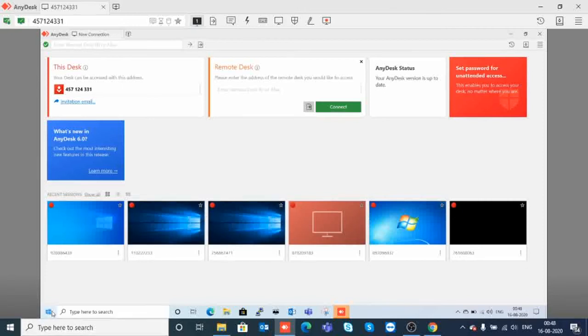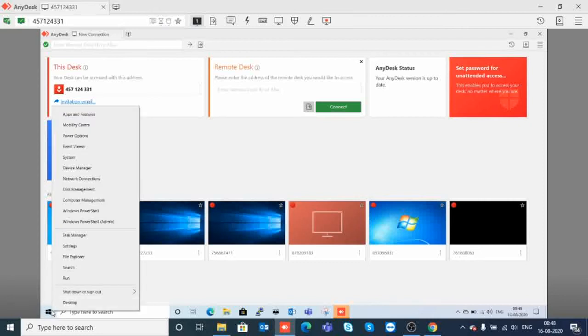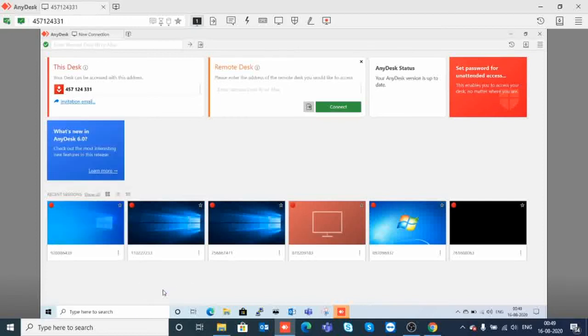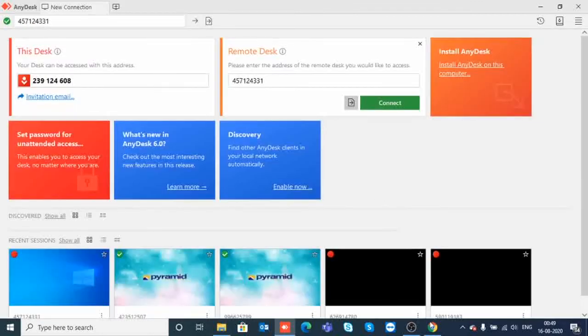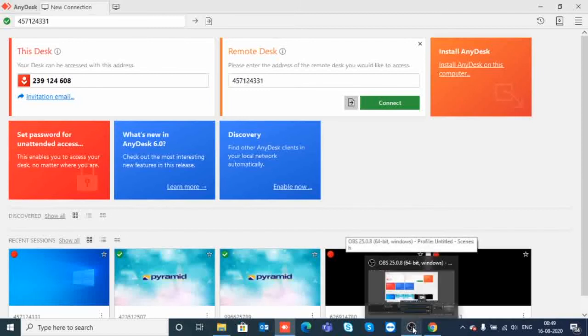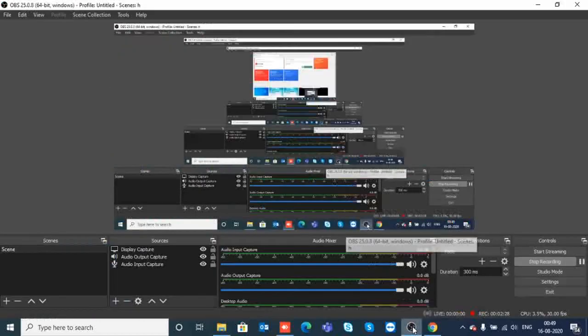The key advantage here is that you can restart the system and switch users. Once you restart, it automatically comes to the console page. There is no need to start AnyDesk once again, and it automatically shows the login page where you can do many things. So I will restart, and then I'll show you the login. The remote machine is restarting. I'll pause the video meanwhile. We'll wait for 2 minutes, then I'll show you further.